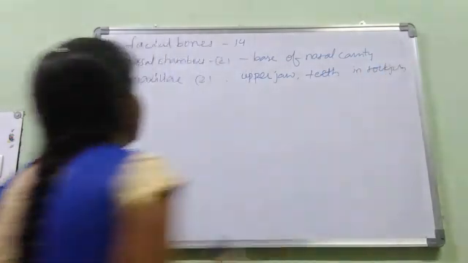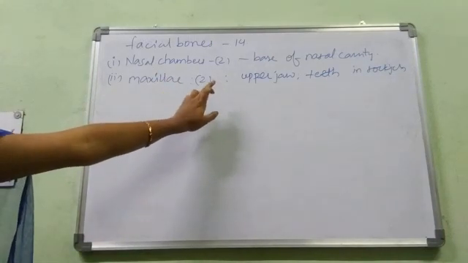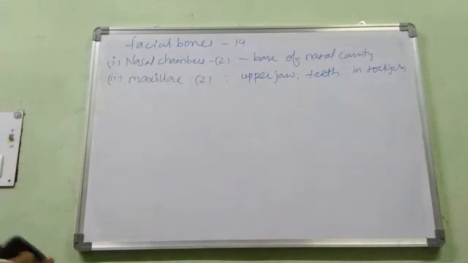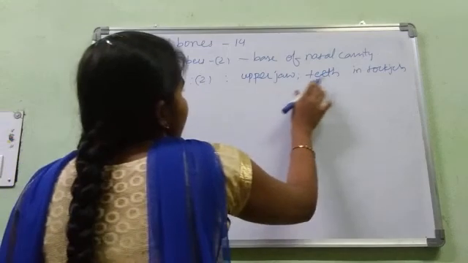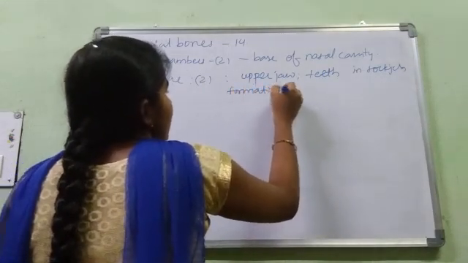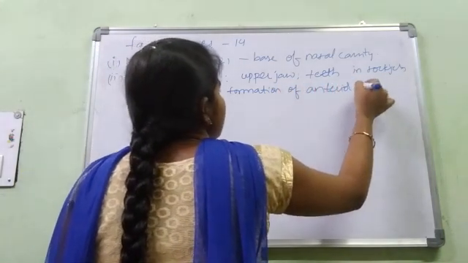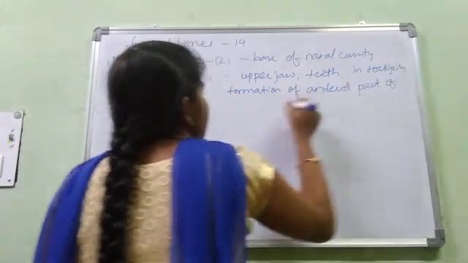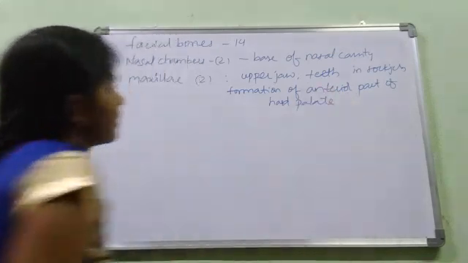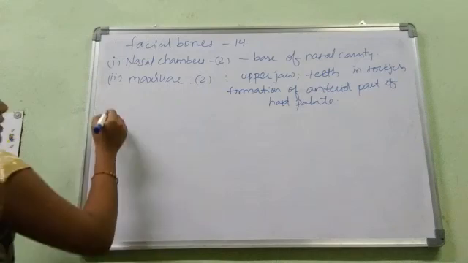In this maxilla, we are going to see that it is involved in the formation of the anterior part of the hard palate. These maxillae are important in the formation of the anterior part of the hard palate. Hard palate. It is important, friends. Just note this one. Then